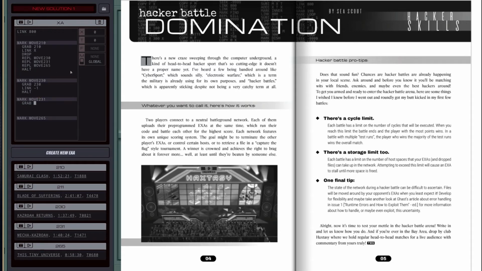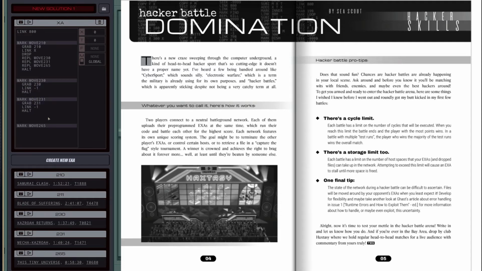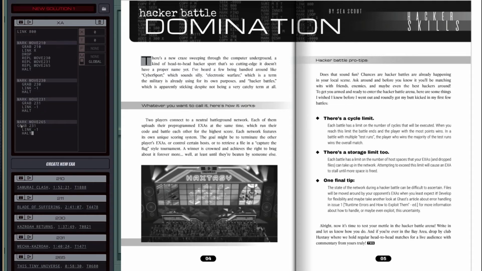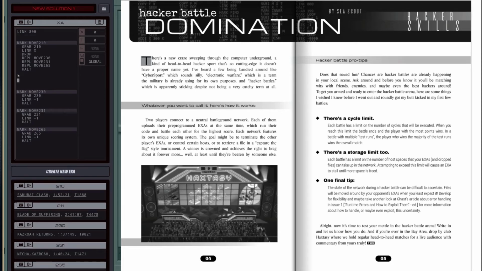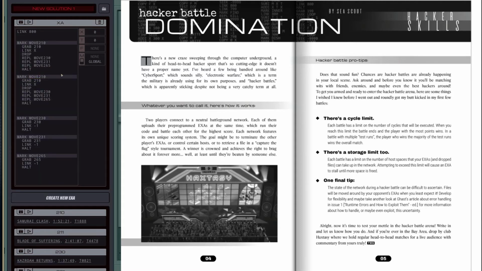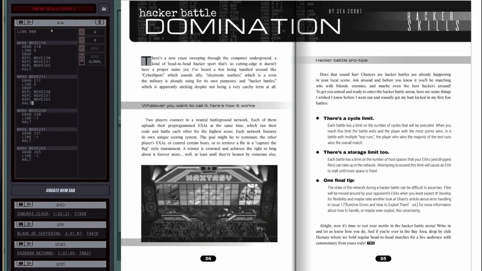So now we can grab, this is going to be the same deal, except this guy's job is to grab 231. This guy's job is to grab 265. Okay. And now I'm going to make a new one to move my other file into a network. It's going to be the same thing. Okay. And now, the main EXA,